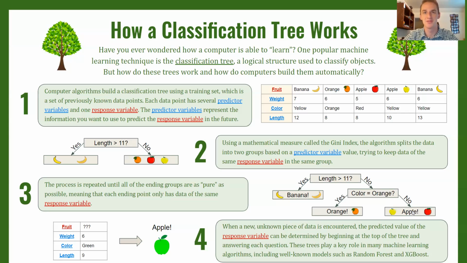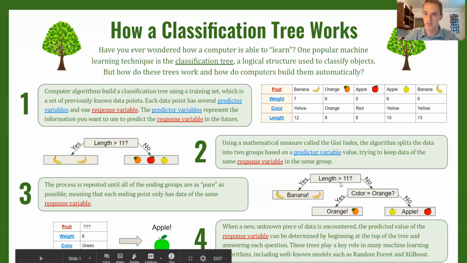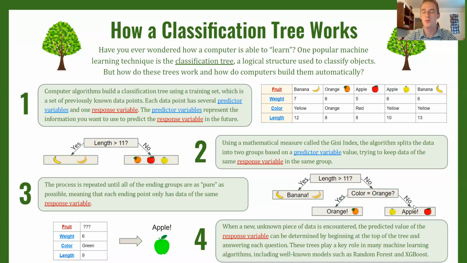The real magic happens when we're then able to take a new data point. So for example, in this 4th step, we come up with this green fruit that we don't know what it is. We get measurements such as its weight, color, and length, and then we start at the top of the decision tree right here, answer each question, and eventually come to the conclusion that it must be an apple based on our previous knowledge. Now, I know this is kind of a silly example, but the cool thing about this